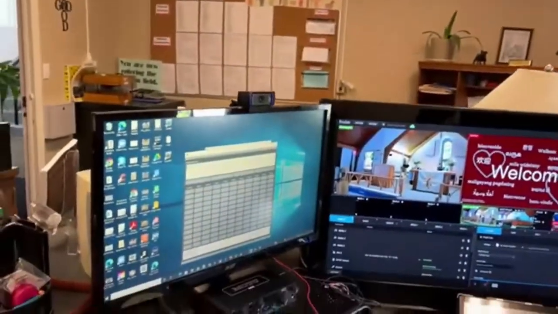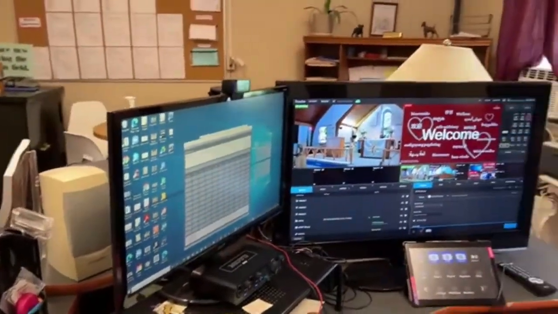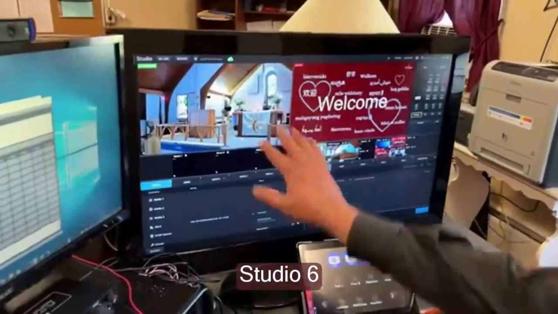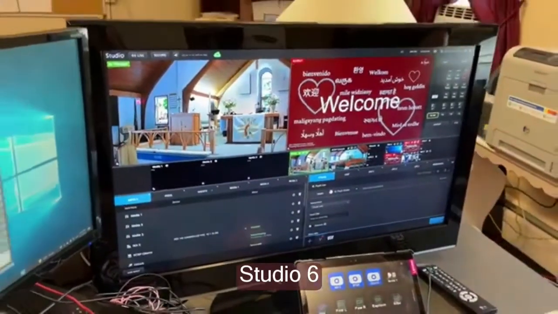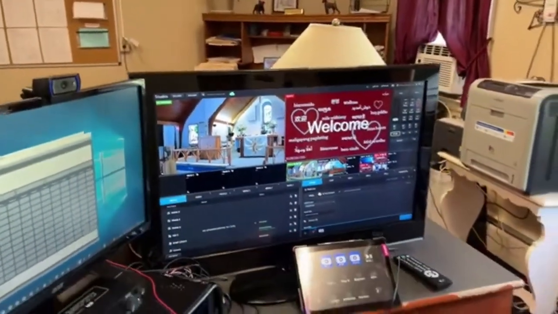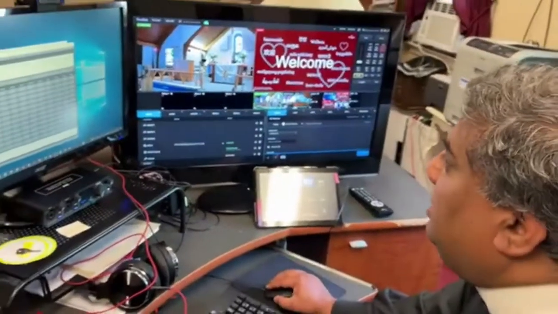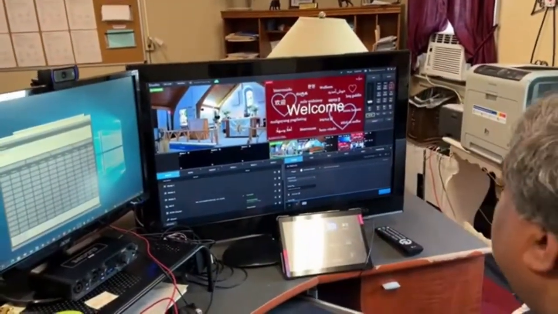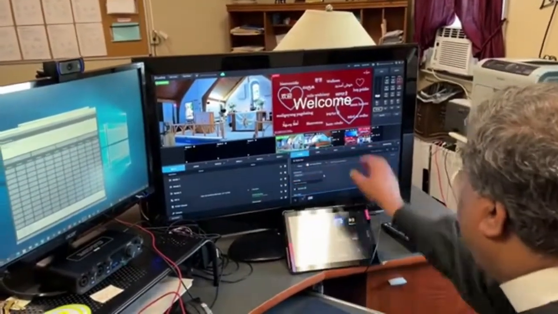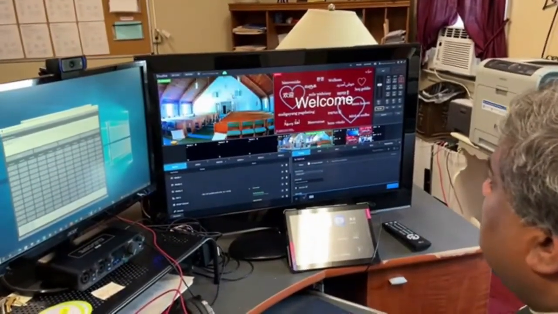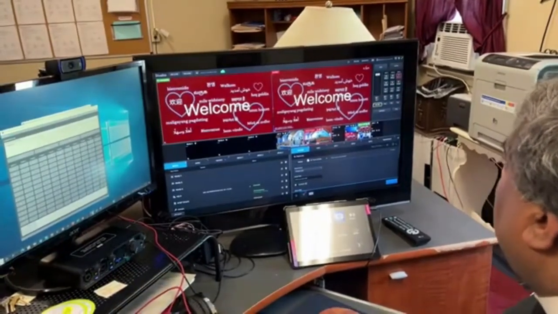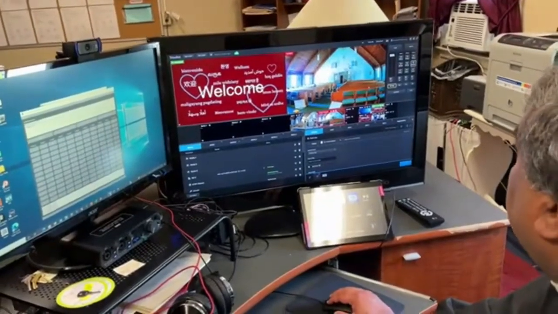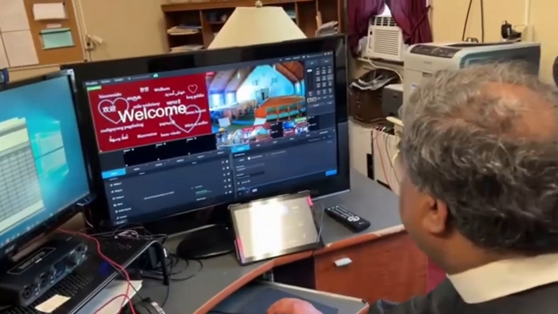So what we have here is this software called Studio 6. You can see there are two windows, right? So this one window is the preview, which we are seeing that one camera, right? And then we have this over here, which is coming from that Pro Presenter, okay? And we have all these different video sources. So for instance, this is the RTSP, okay? Now why did you not see it? Because I'm overlaying it, okay? So here is the RTSP, for instance, and